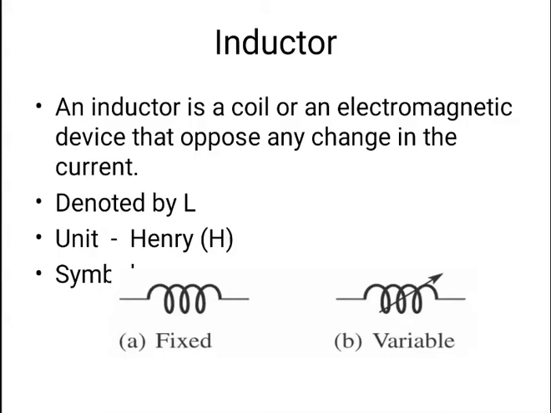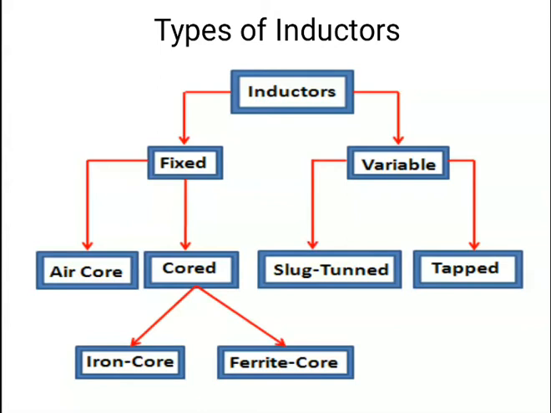Let us do the next topic, types of inductor. There is the fixed inductor, the variable inductor, and then the air core inductor. Then there are again two types, iron core inductor and ferrite core inductor. What do we mean by core here? Core is nothing but a coil. There will be one small rod, and above that rod copper wire is wound. If that core is made of iron, it will be an iron core. If the core is made of ferrite, it will be a ferrite core. The next one is the variable, which is a slug-tuned or tapped type of inductor. So these are the types of inductor. Just remember all these names.